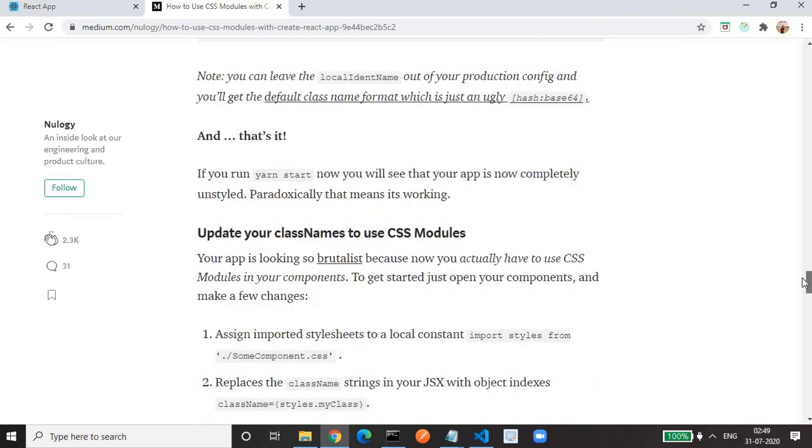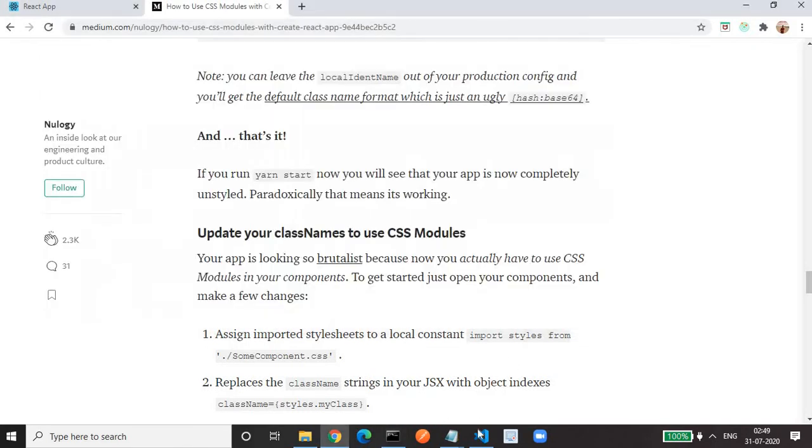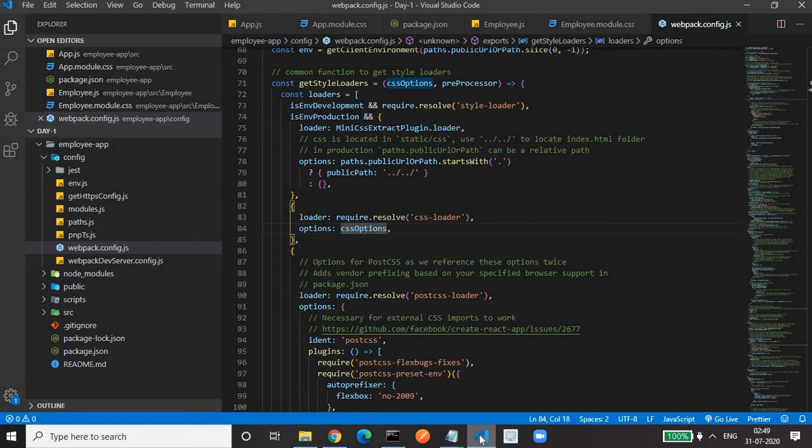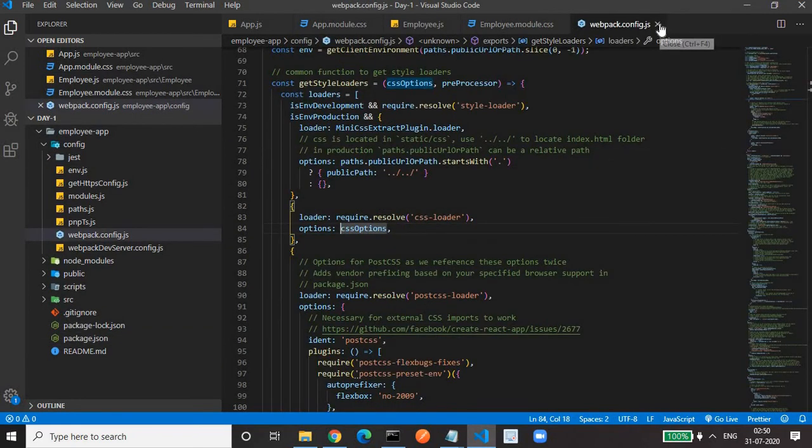Then after this, what we have to do? You have to start your server by running npm start. That's it. For me, the React version is more than 2.x, so that is not needed. For those using a project structure, you have to go to the package.json file and see what the version of React script is. If it is more than 2.x, then you don't have to execute any eject command or make any changes in the webpack config.